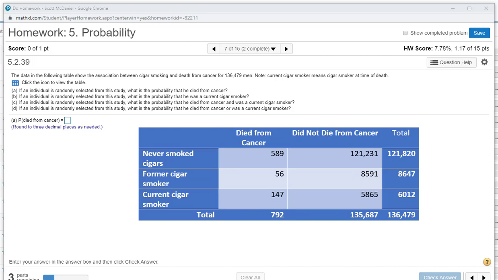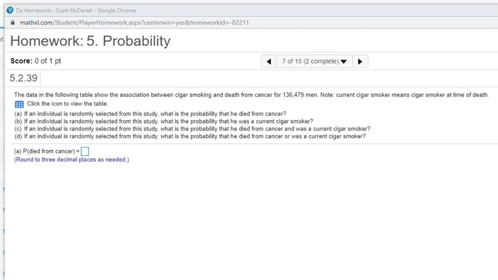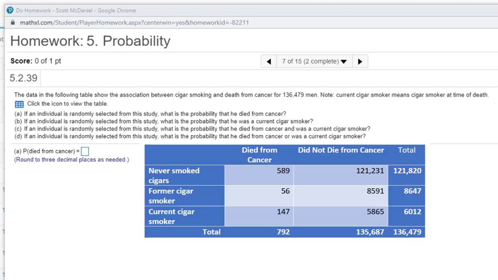So part A reads, if an individual is randomly selected from this study, what is the probability that he died from cancer? So here, I'm not even asking about if they smoked or not. I'm just saying, did they die from cancer? So I look at the number of successful outcomes. In this case, the success is dying from cancer, which is 792, and I divide that by the total,